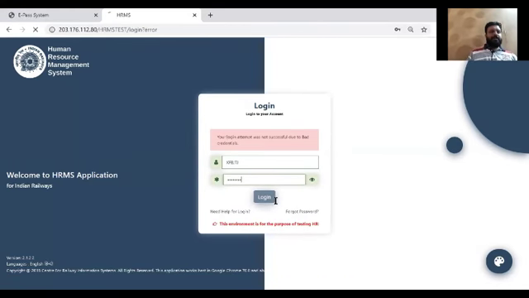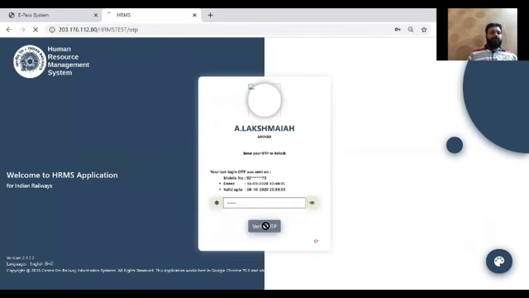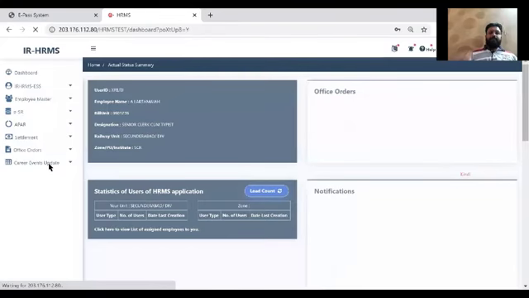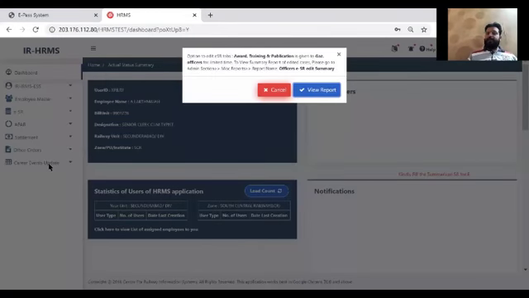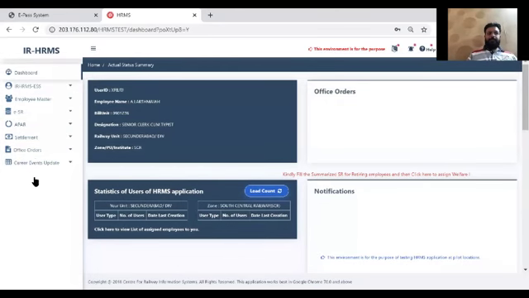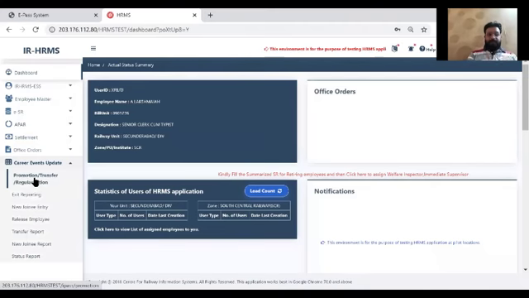For that, I need an OTP of Mr. Lakshmiya. I'm using the same HRMS ID of the dealing clerk. So now this office order is executed. Promotion, transfer, promotion cum transfer, all types of office orders are now executed. We'll go to the career event section and select promotion, transfer and regularization.